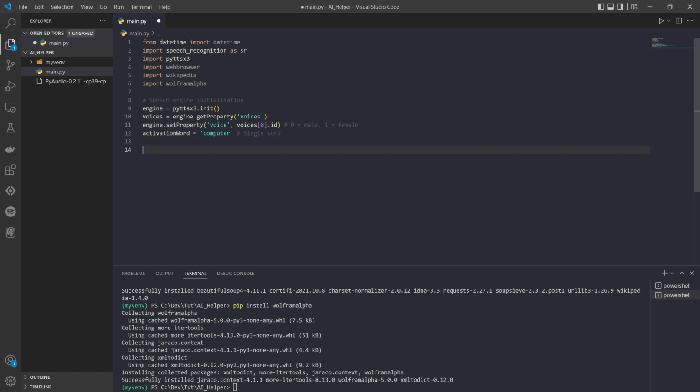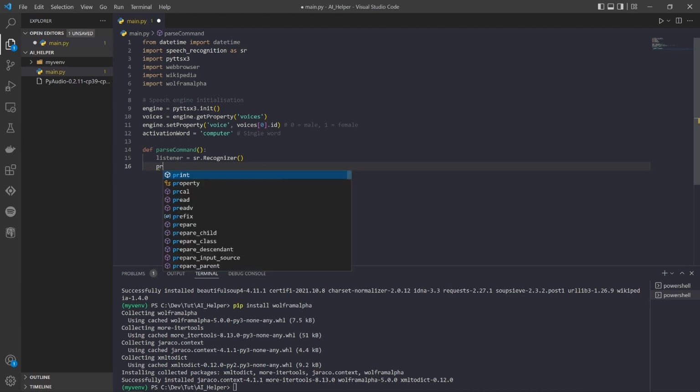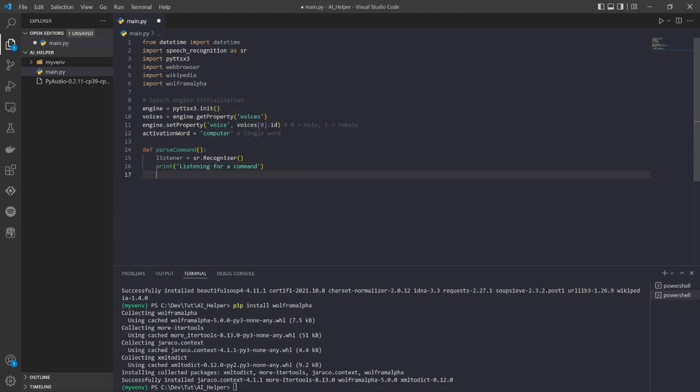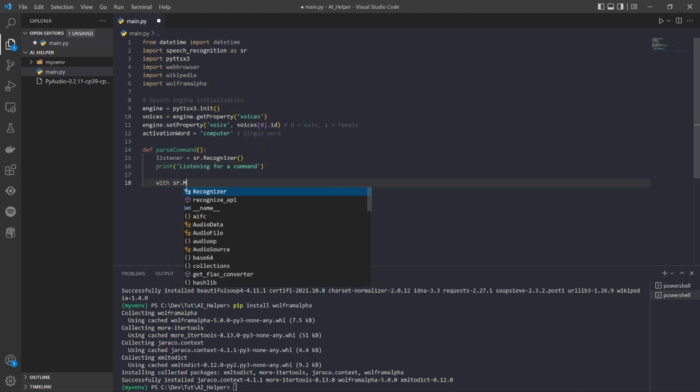So let's start working towards our first method of navigating to a website. Well, we need to have a way to have the system listen for commands. So let's define a method for that. Parse command. We'll create a listener from our speech recognition library, recognizer. So that's going to tap into our microphone and then parse the voice into text. We can give the user some feedback. And tapping into our microphone, whatever is set as the default on your system,